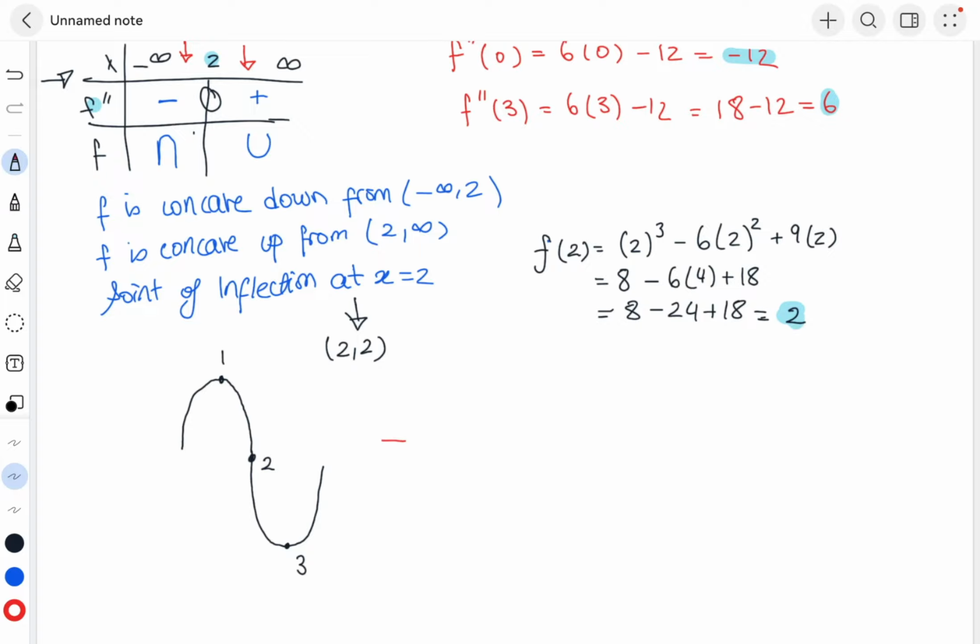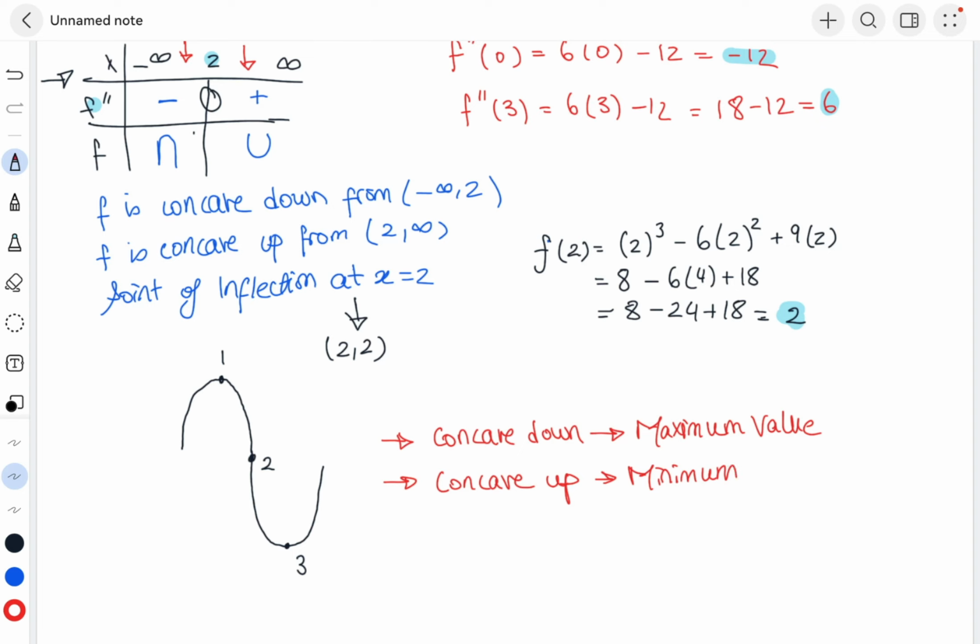Why is that important? Whenever we have a concave down, it creates for us a maximum value before it, or in the interval where we have a concave down, and whenever we have a concave up, we'll have a minimum value in the interval where it is concave